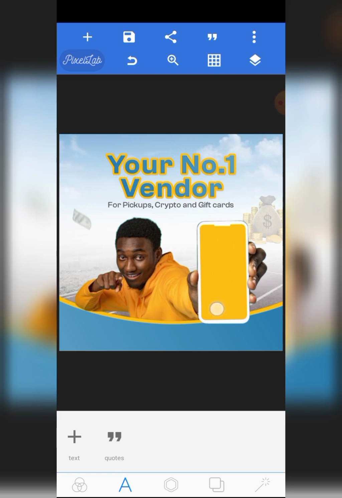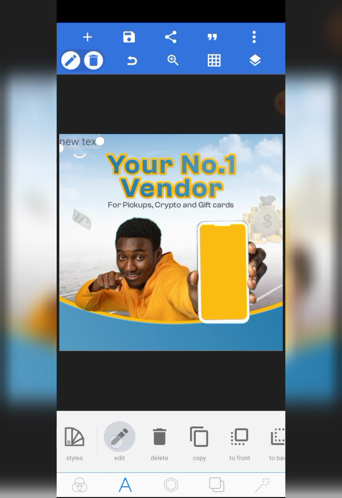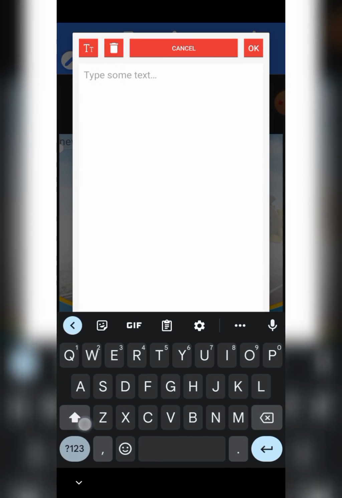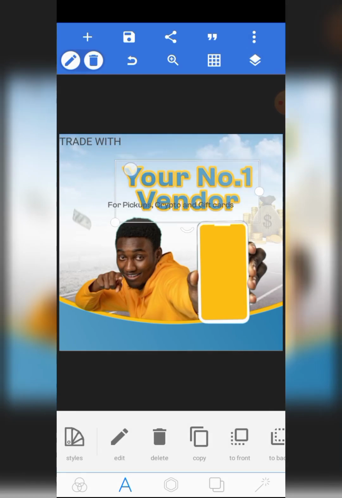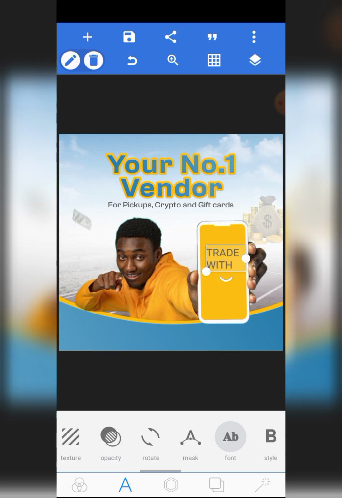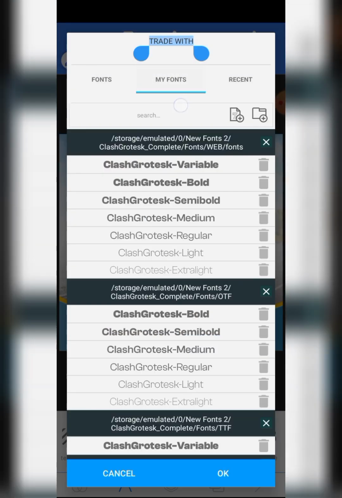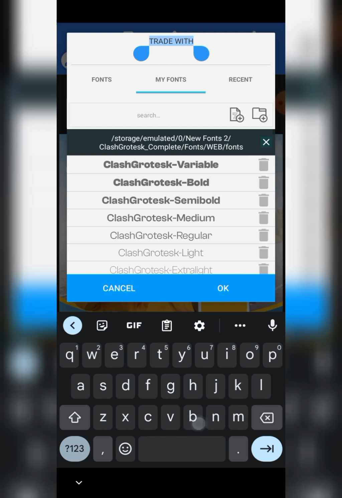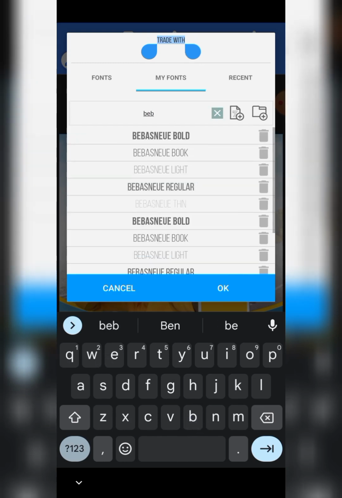You know, there is an information here. There is an information, trade with Chatty Exchange. I'll go ahead and write it. Trade with... sorry, I'll bring this in. Because I can't use this particular font here, I decided to add one more font, a tall font, and I use Bebas this time around. I use this particular Bebas regular,